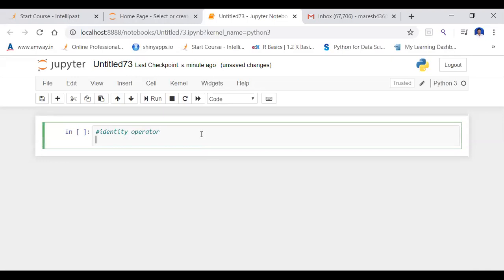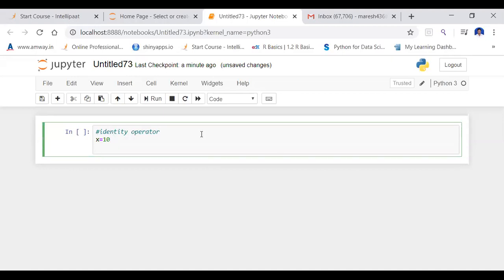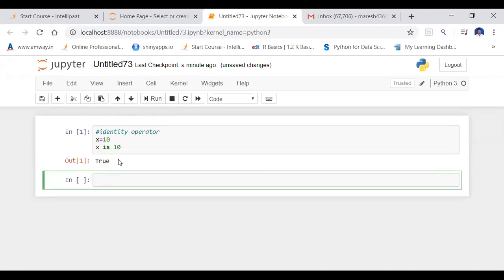Identity operators. Suppose my x value is 10. The two identity operators are is and is not. Now I'm going to test x is 10. X is an operand, and I'm checking whether x is 10 or not. If it is 10, it will produce true. So it is true. Now I'm going to check the is not operator.